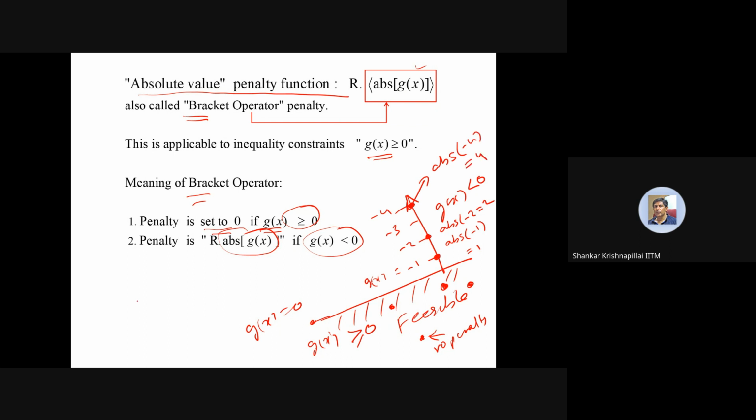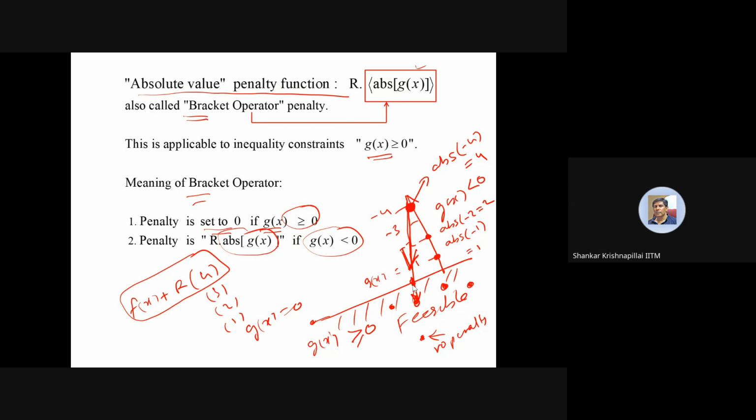So it is f of x plus r into, say, 4 or 3 or 2 or 1. So this is the objective function plus penalty. If you take a point here, penalty is very large. So the algorithm will try to change the direction and move this xy point towards the minimizing direction, that is, the direction of less penalty, and finally it will enter this feasible range. So this is the logic of the bracket operator